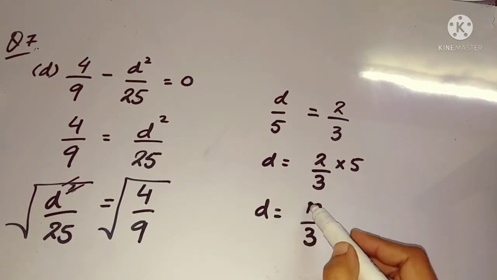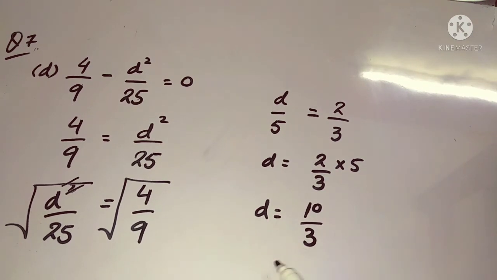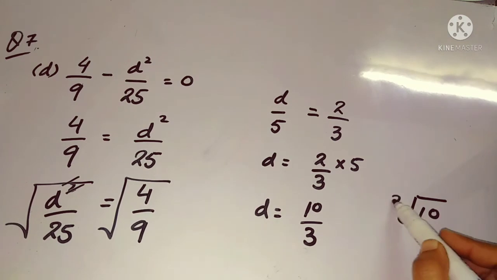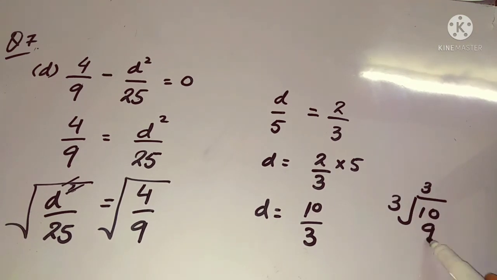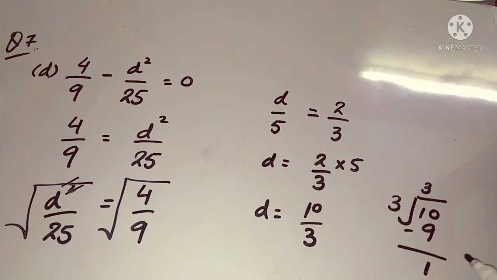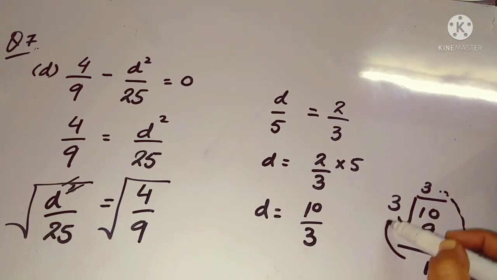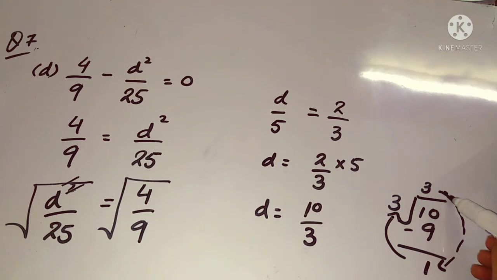Actually, as this is an improper fraction, you can convert it into a mixed number. When you convert it into a mixed number, you will do division. 3 3s are 9. When you subtract 9 from 10, you will get 1. All right. So students, remember how you would write it down. When you write this division in the form of a mixed number, it is 3 whole and 1 over 3. So 3 whole, 1 over 3.